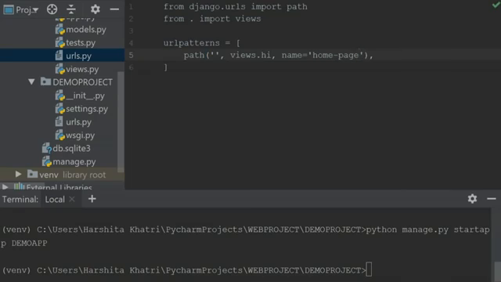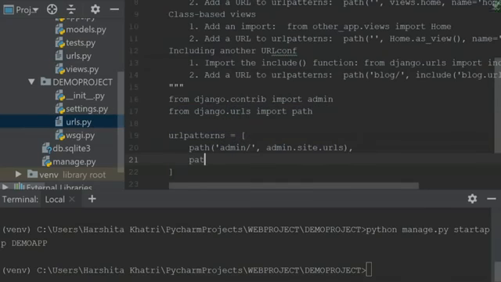Okay, so after this, what I have to do is map this urls.py to the urls.py which is present in the demo app. So I'll open the urls.py present in the demo app, and over here I'll create a new path and I'll give an empty string because I want it to be mapped to my homepage like I already told y'all. Sorry guys, I'll have to import the include function also.